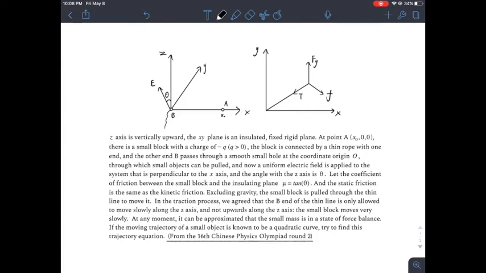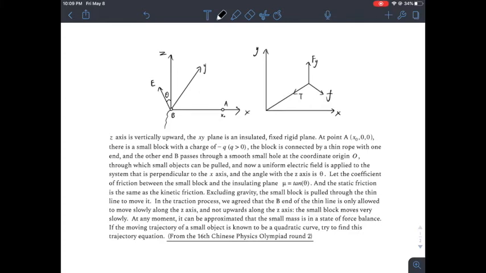Let's read the problem. The x-axis is vertically upward. The xy plane is an insulated, fixed rigid plane. At point A, which has coordinate x0, there is a small block with a charge of negative q. The block is connected by a thin rope with one end, and the other end, B, passes through a smooth small hole at the coordinate origin, O, through which the small object can be pulled, and now a uniform electric field